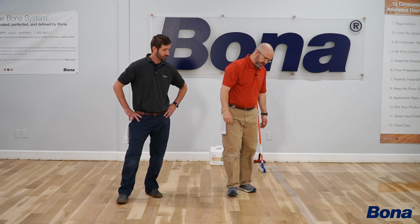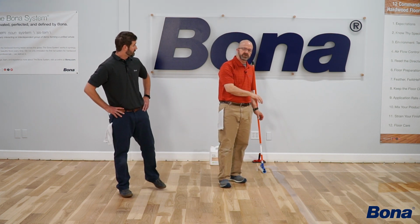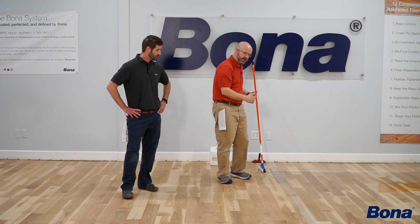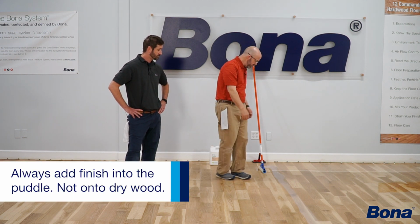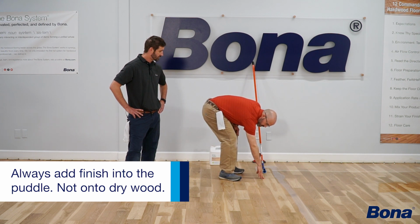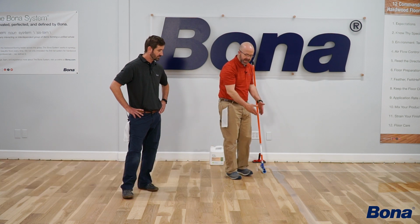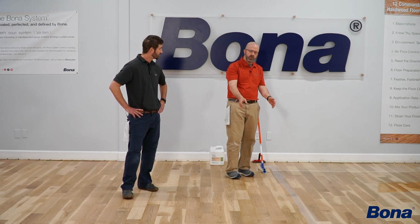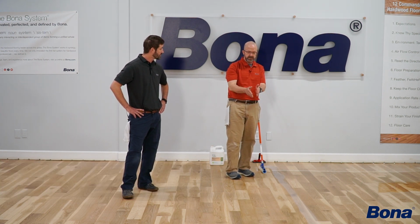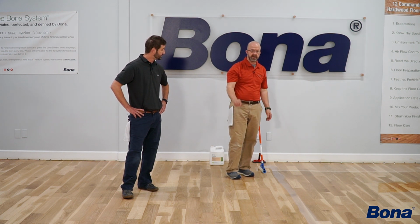out of the floor. One other thing we'll look at is when you need to add more finish to the puddle, you want to pour it into the puddle. Always pour wet into wet. So if we needed to add more here, I don't want to pour out here. One, I create too wide of a puddle to try to work with. And again, anytime I pour away from myself and I pour another little puddle, now I create the possibility that I'm going to get 2 lines solidifying on the edges of that puddle versus just pouring into my puddle and